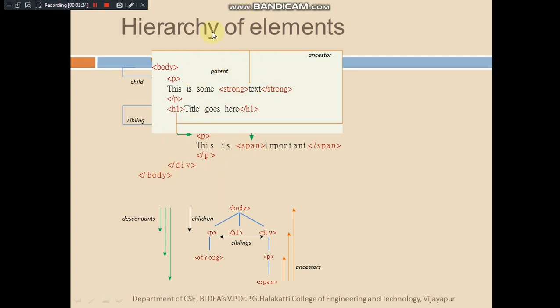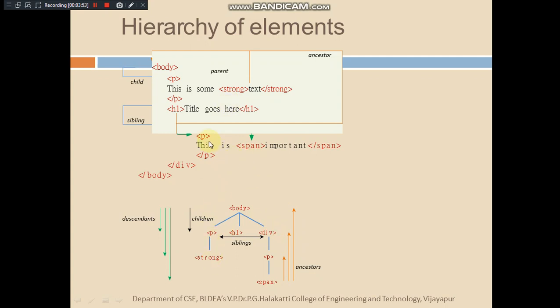Here is how we can understand the nesting or hierarchy of elements. See, the body tag is the main element which has a number of child elements, like one paragraph. Then h1 is another child element of body. div is here, you can observe, that is another element. Inside paragraph you have a strong element embedded, so this is a descendant of paragraph.